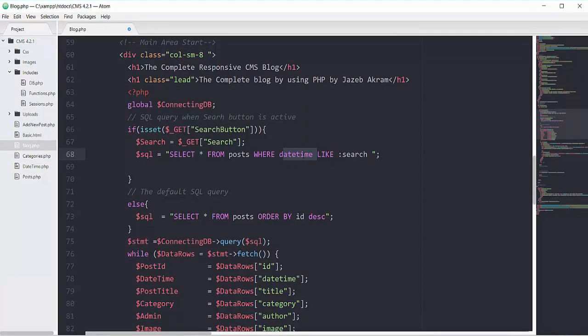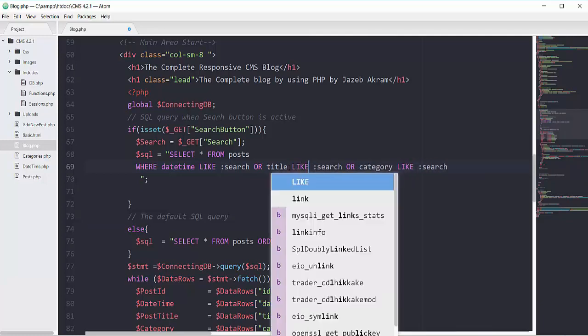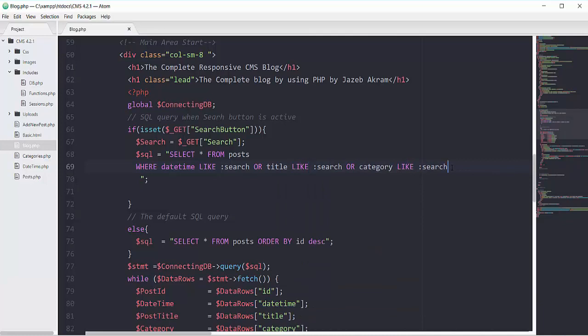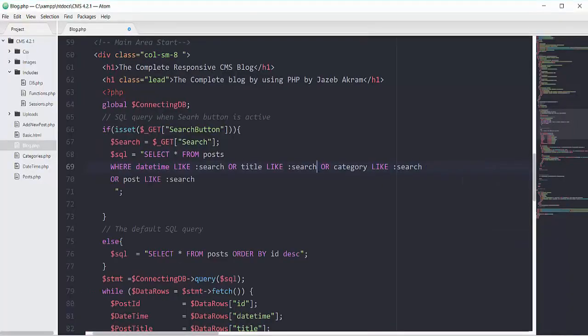So select all the posts where you find the date and time column like the search tag, or you find the category column like the search tag. So we need another like operator here, or the post, means this column of post, this search tag.